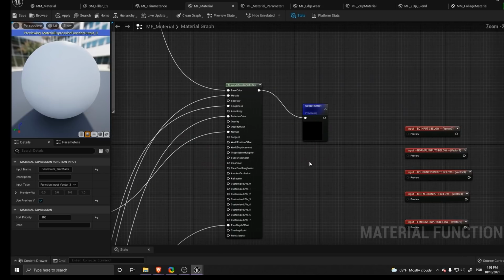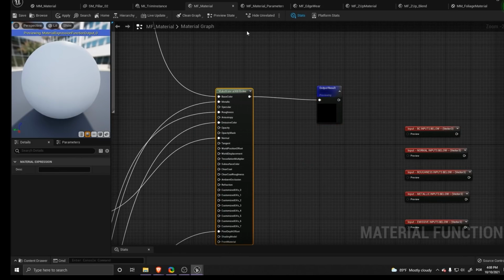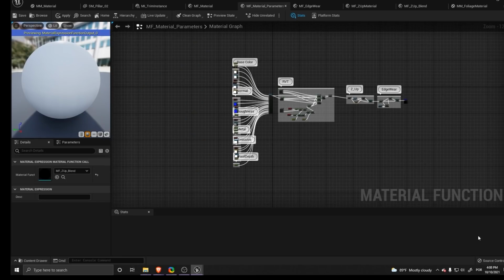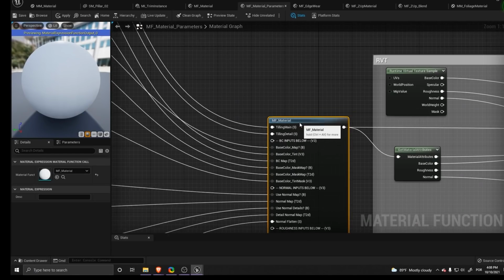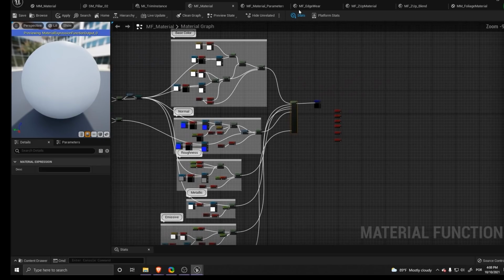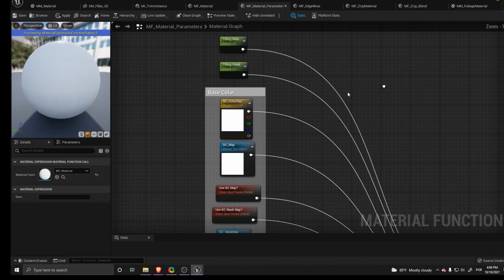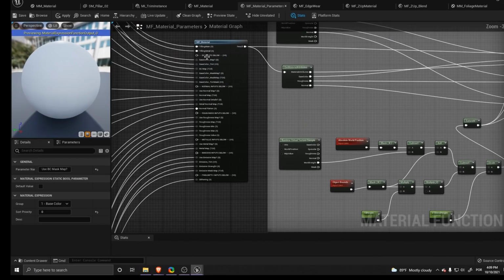After that, I just have a Make Material Attributes right there. Then I have a second function, and this is the point where I do a function call to the MF material and connect all of the parameters in there.